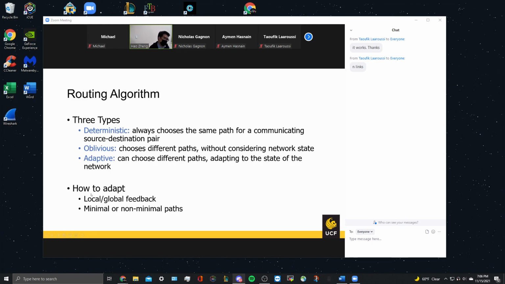How to adapt, like I mentioned, is local or global feedback. You can just monitor the local traffic or network status for different ports, and then select. For global, you probably need to gather information from different components and locations to determine which one is best. Like Google Maps, which collects data from different customers, and there is a central controller to make the decision and provide feedback to you. But that's impossible for a chip.